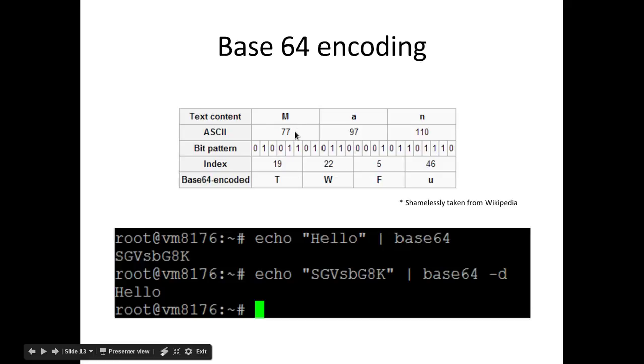So what have we got here? Our text content is man, so MAN. Our ASCII, and this, off the top of my head, must be decimal, so this is the decimal version of our ASCII code. And then we have the binary of this particular decimal number, and we've just put our bit pattern, our binary numbers